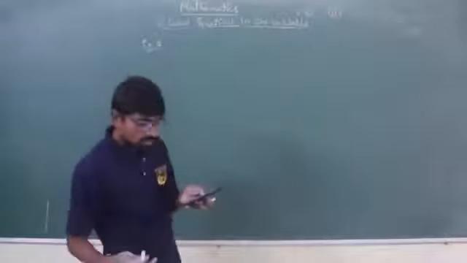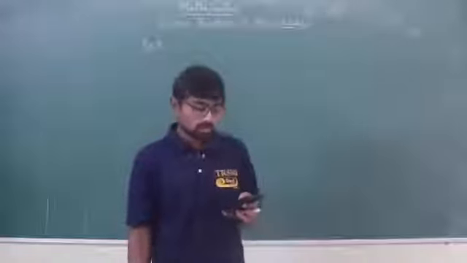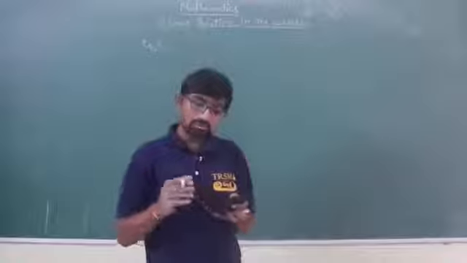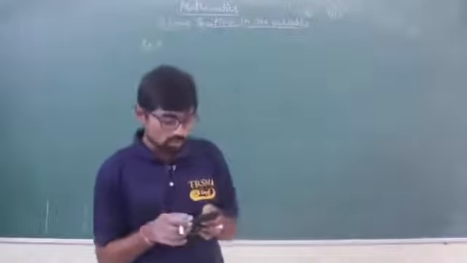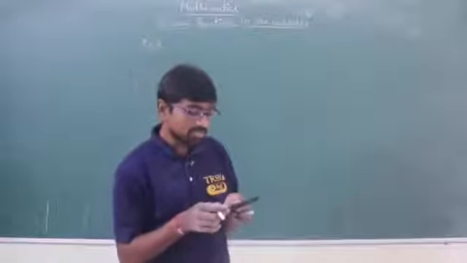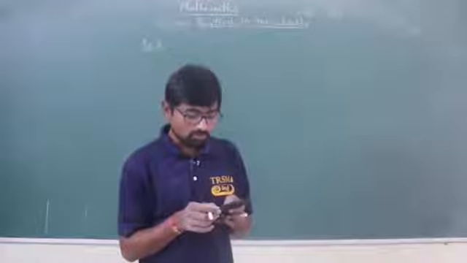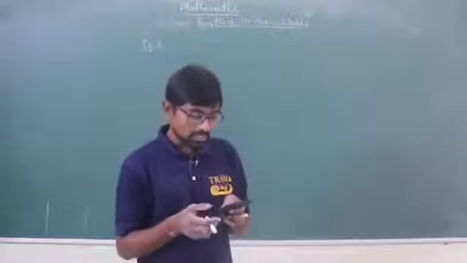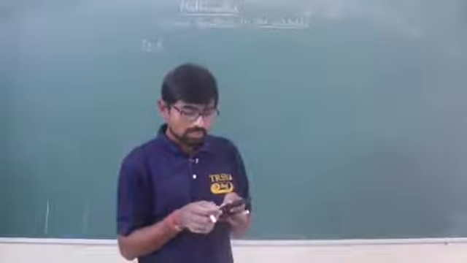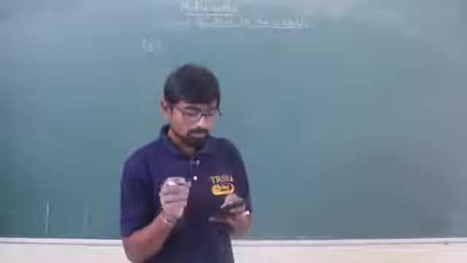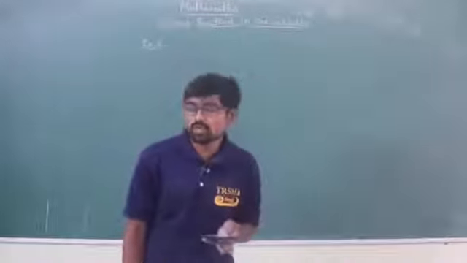Okay, I am not writing the whole question on the board. Why? Because the place is insufficient for me. So because of that reason, I am just dictating the question. You just listen carefully. You can see it in your textbooks also. Okay, the present age of Vijaya's mother is 4 times the present age of Vijaya. After 6 years, the sum of their ages will be 62 years. Find their present ages. Very important problem.